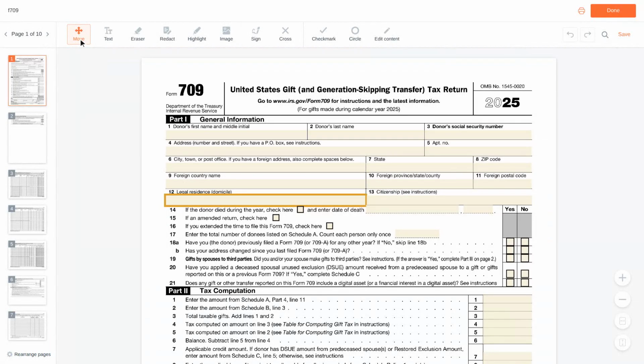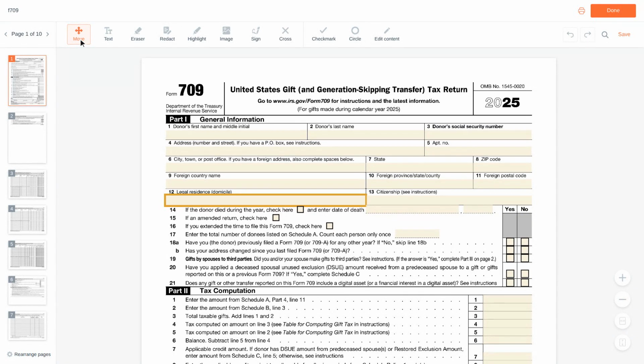IRS Form 709 is the United States Gift and Generation Skipping Transfer Tax Return. You file it when you give gifts to any one person that exceed the annual exclusion amount, which is $18,000 per recipient in 2024. Gifts above that amount must be reported, though you generally will not owe gift tax until